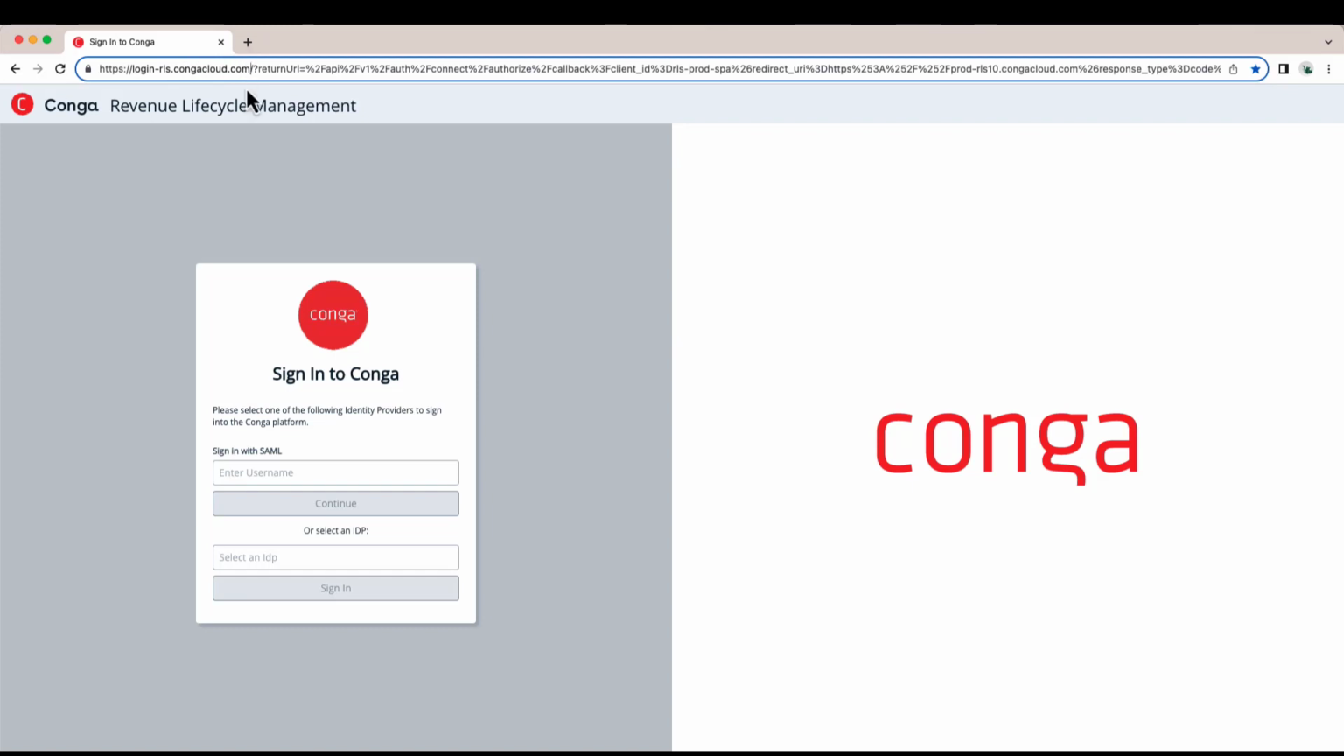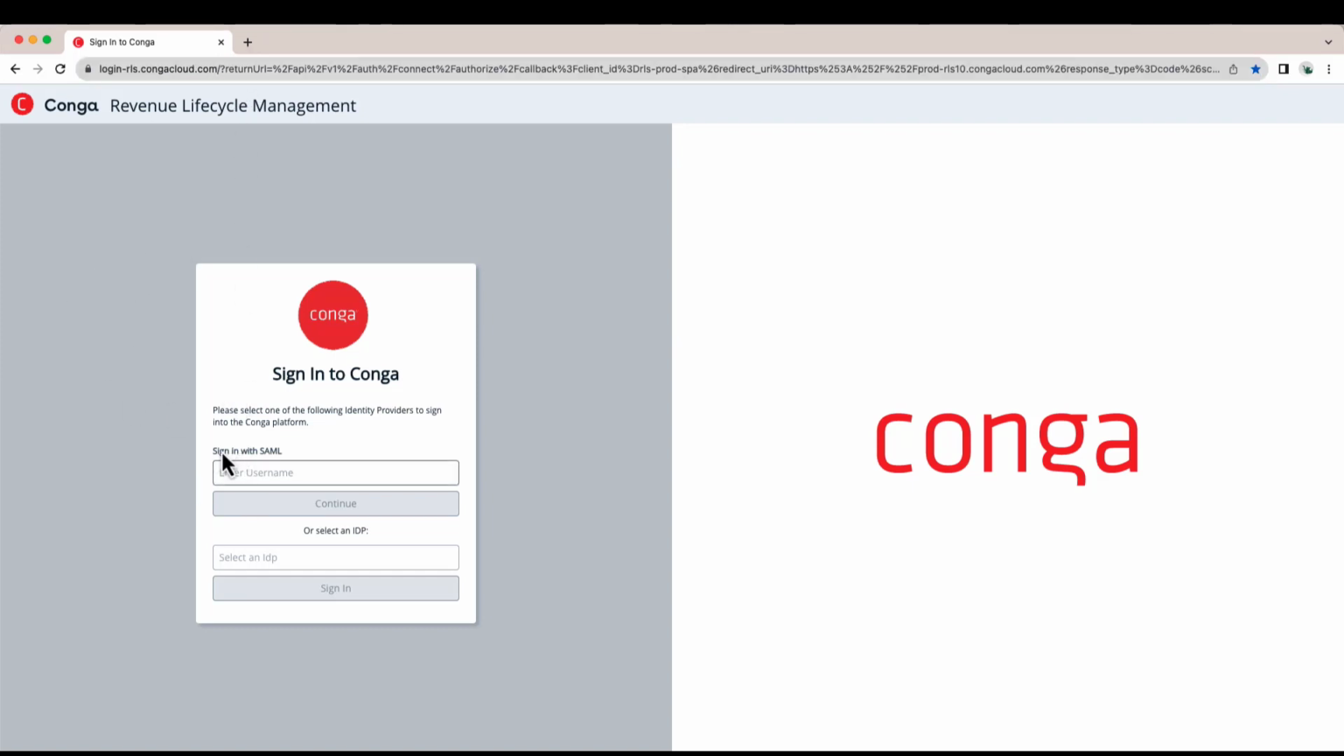login-rls.congacloud.com. So once I enter that URL, I will be taken to this login page, and I'll have the option to select either signing in with SAML or with IDP. For this particular example, I'm going to show how to log in with Salesforce IDP, but your login may vary